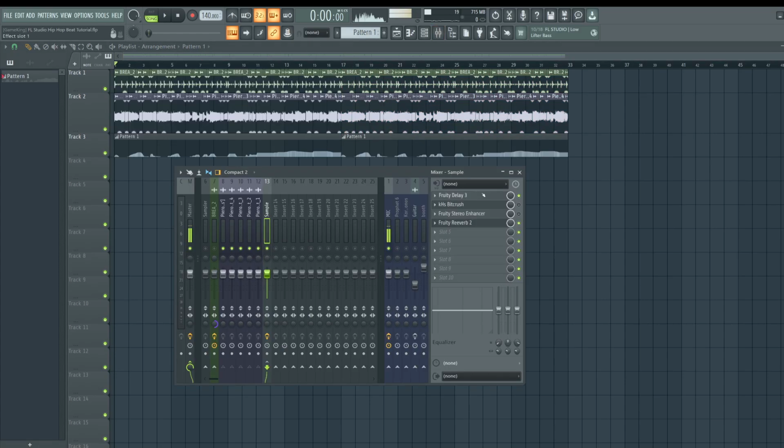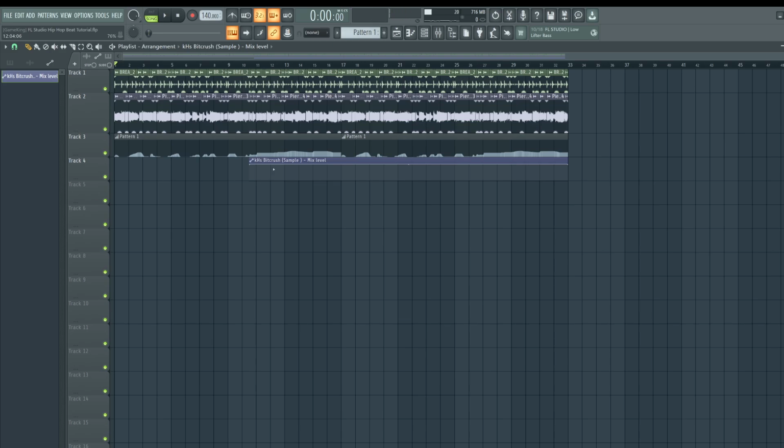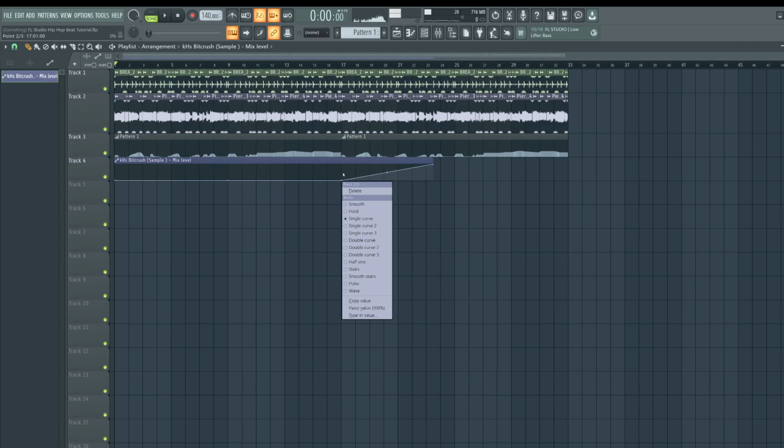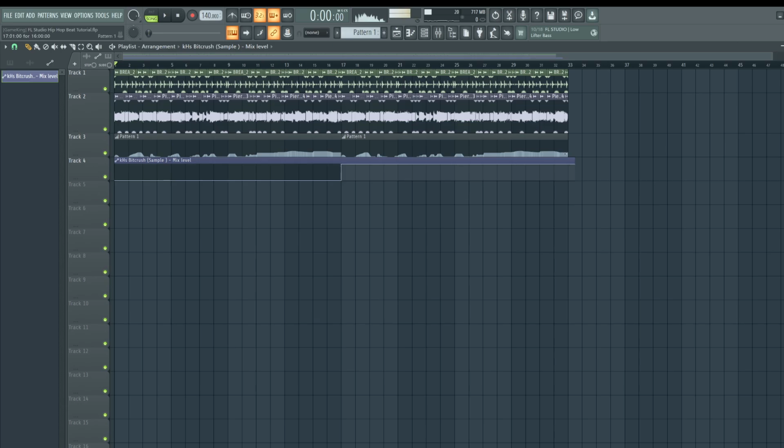We can go to our mixer now, turn on the bit crusher effect, and right click the mix level, create an automation clip. I'm going to drag this to the left side, snap to grid, keep this on 1 bar. I'm going to turn it off, which is 0% in the beginning, and then right click to turn it on 100% on the second half. So that low pass kind of Drake filter sound will only occur on the second half and not the first half. So that will create a difference in the tonality of the sample itself.